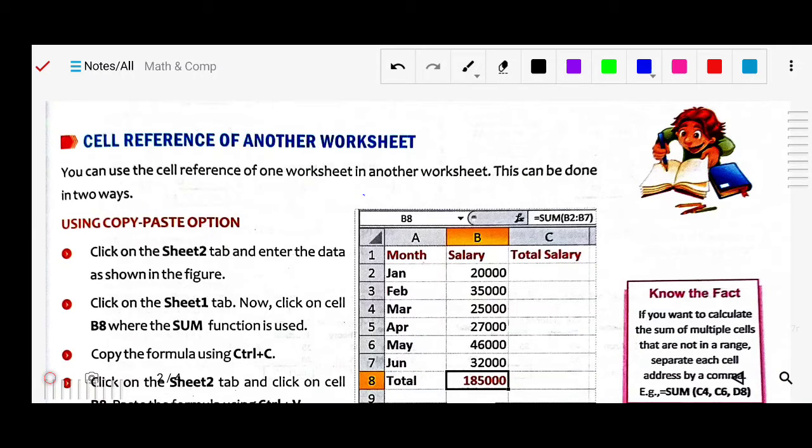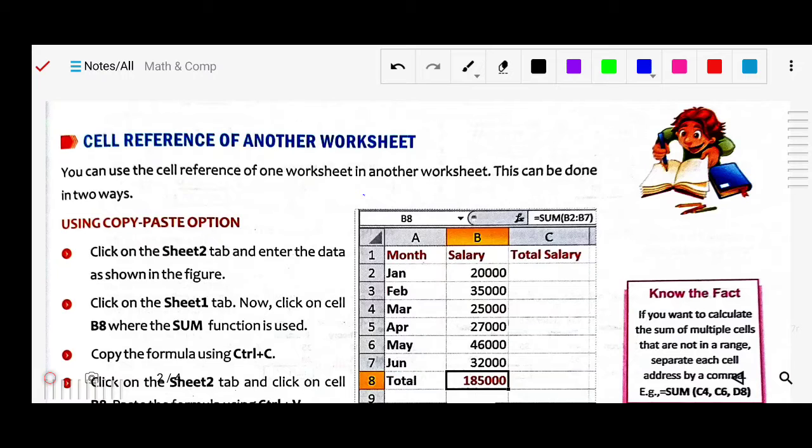Next we have studied circular references. Suppose you have taken the value of a cell, and in another cell you have not given a value, meaning you are taking the value of that cell itself. In that case it will give a null value, meaning zero will be given. One warning message will also come and it will give the zero value. So about these things we have already discussed.